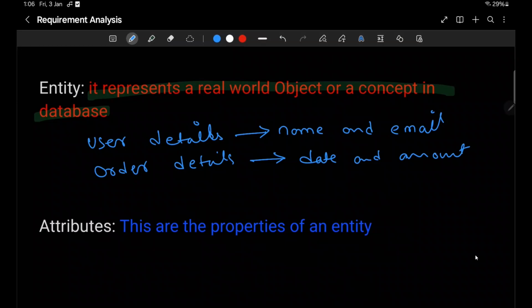This necessity makes user and order an entity.